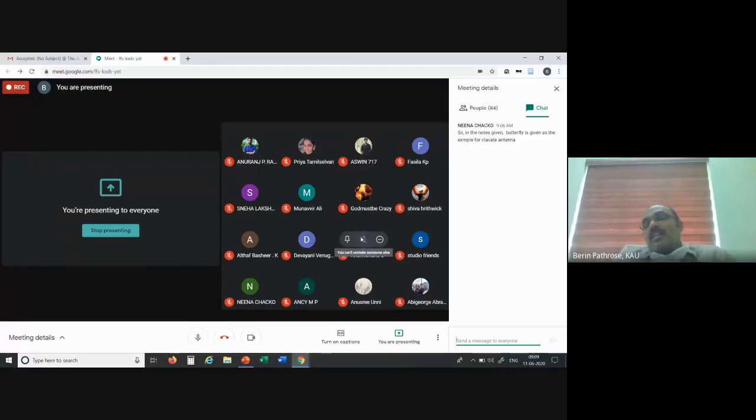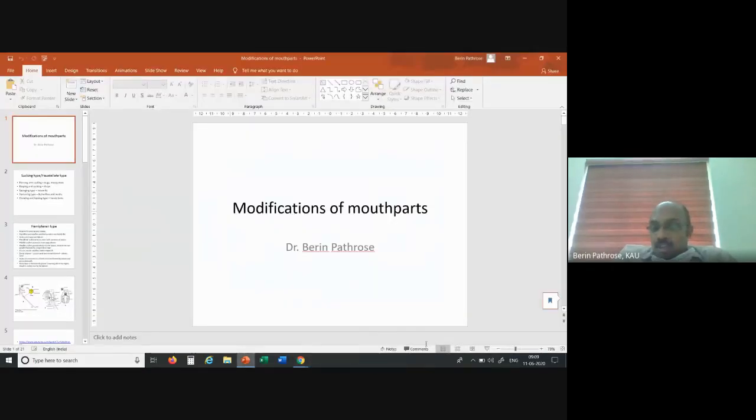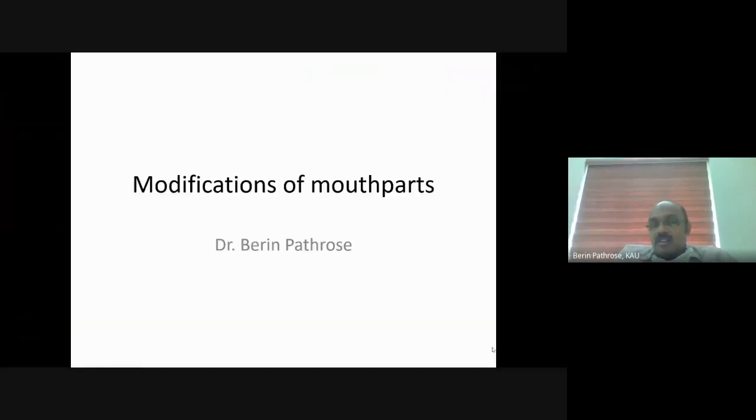So basically, in the case of butterflies, the modification is expansion of the terminal segments of the antenna, that you can remember. Okay, now I will move on to the modifications of mouth parts. Yesterday we have seen the basic generalized biting and chewing type of mouth parts. Now we will see modifications of mouth parts. These are mostly haustellate mouth parts because these are mainly used for sucking fluid food. So we will see it one by one.